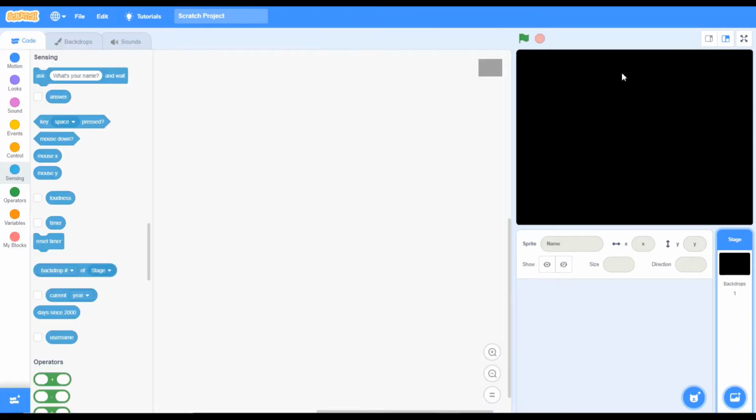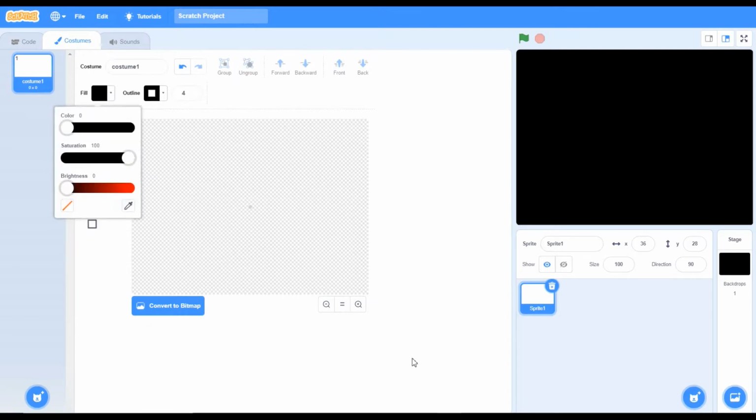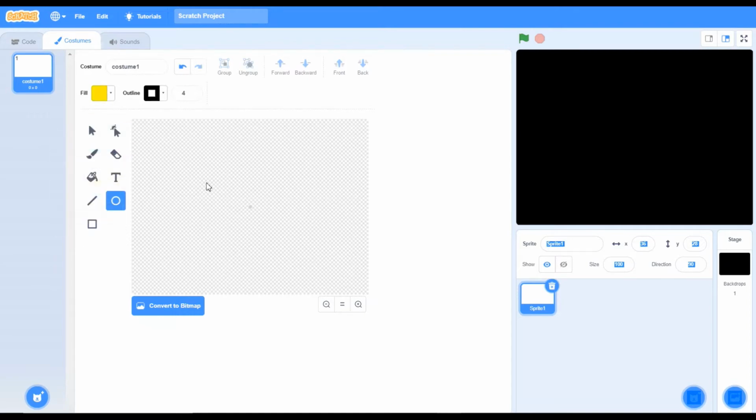Now we want the main sprite that controls every planet, that is the sun. So we will go to the paint option and create the sprite, not in the backdrop. If we create it in the backdrop, we will not be able to change the size. In a sprite we can. The sun's color is yellow, yes, this kind of yellow. Now I will quickly make this thick ball of fire.